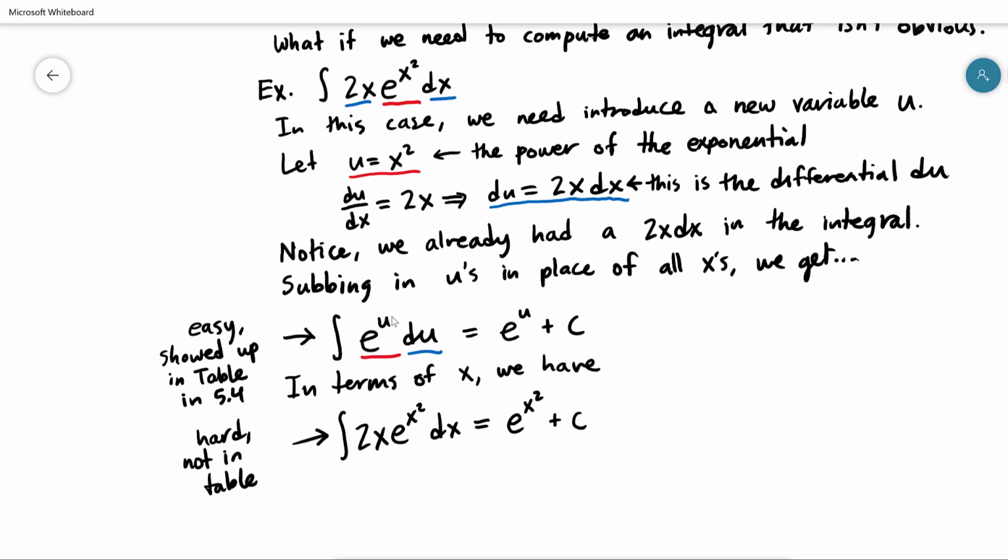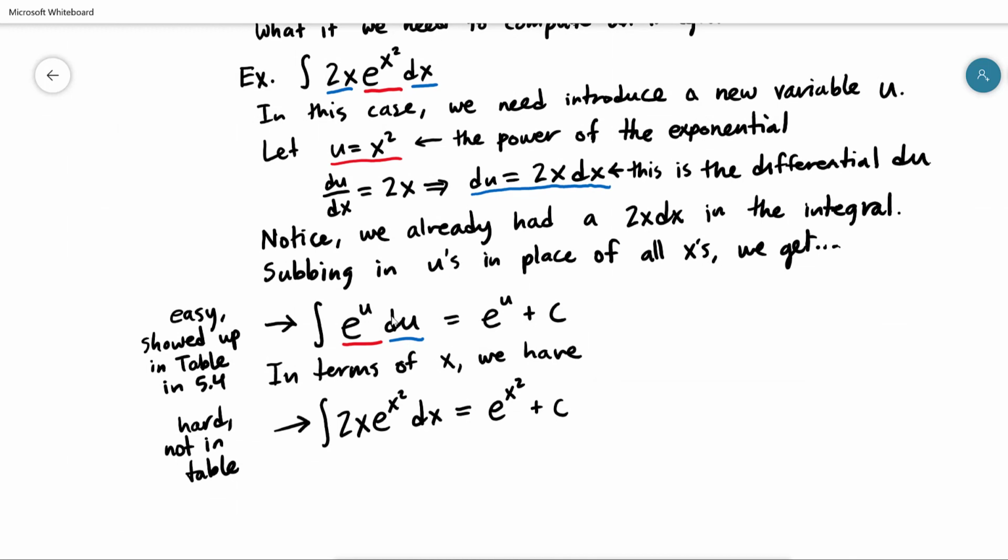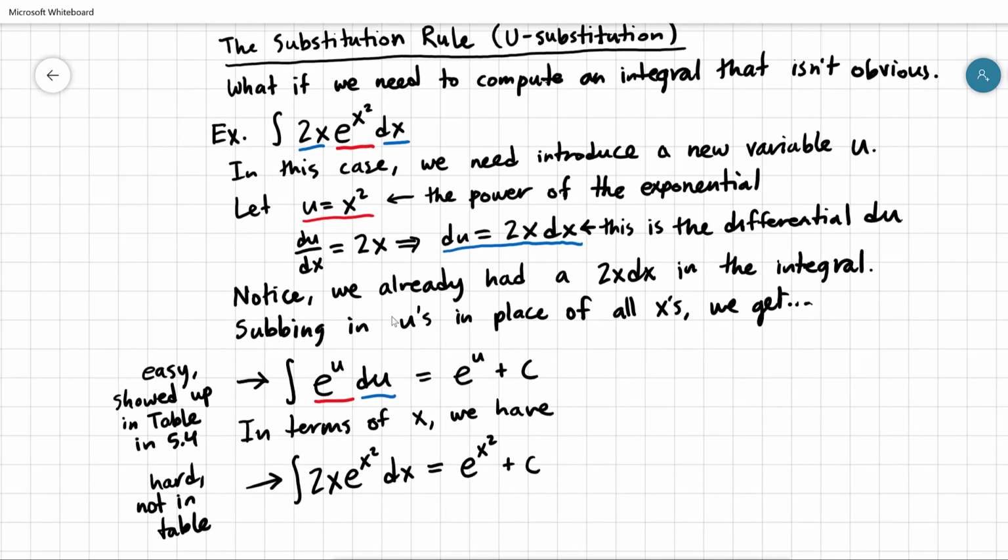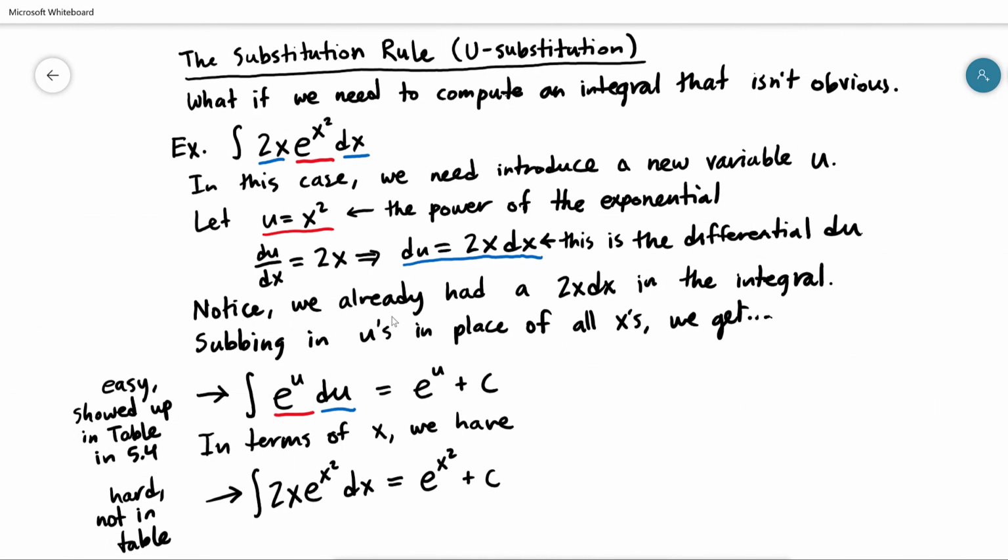So I want to think about a couple of the things that happened as we did this to give us some hints of what we should be looking for. When is this going to work? As I mentioned a minute ago, we kind of got lucky in this example that when we found our du term, the 2x dx,